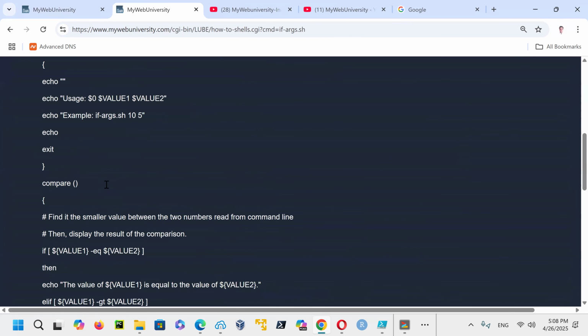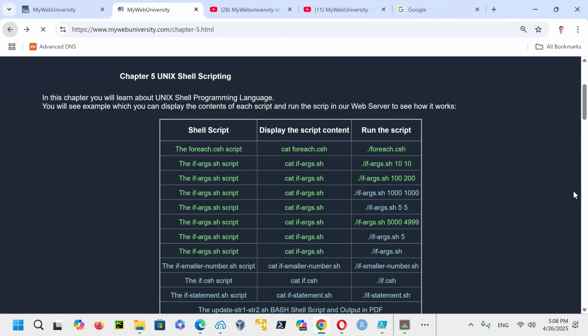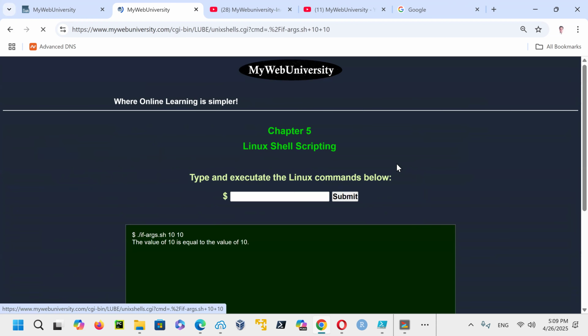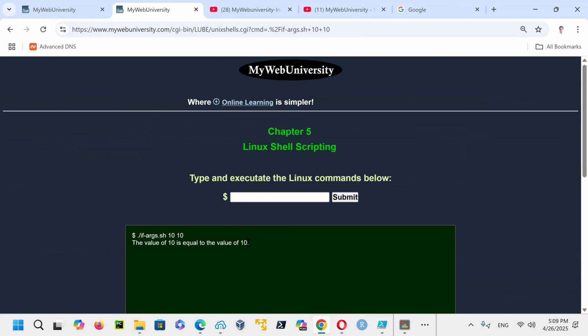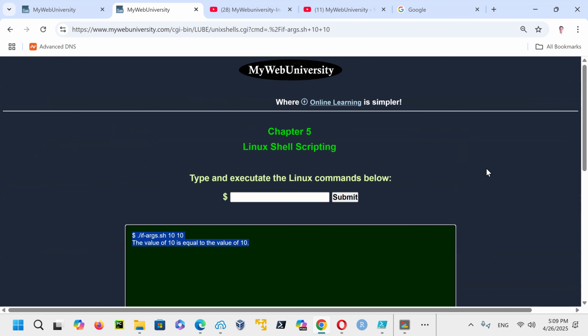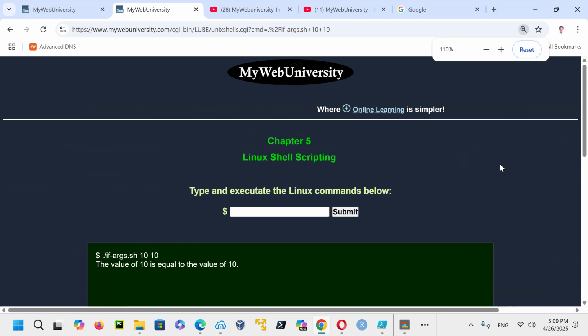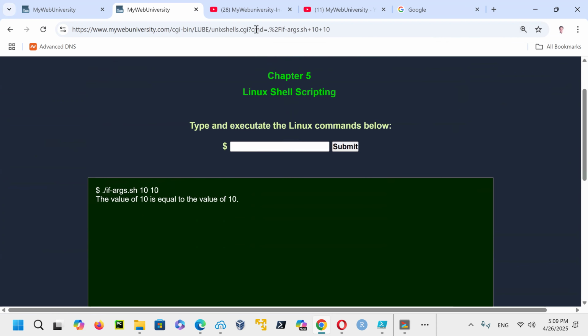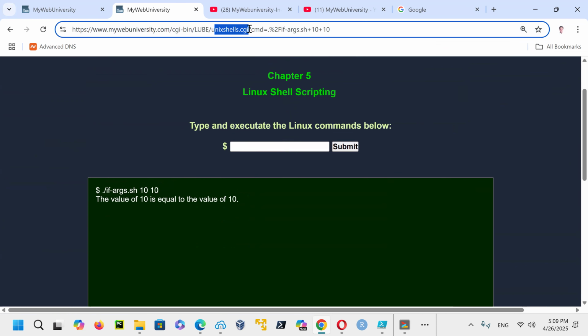And then this is the actual code here. At the same time, if you want to run it on my server, if you click on this one, the interface comes in and it runs it here. You can see it ran. Let me make this bigger. You can see it says on chapter 5, you run this command. This is my actual Python script that reads this input on the command line, and then it says if arg 10 and 10.